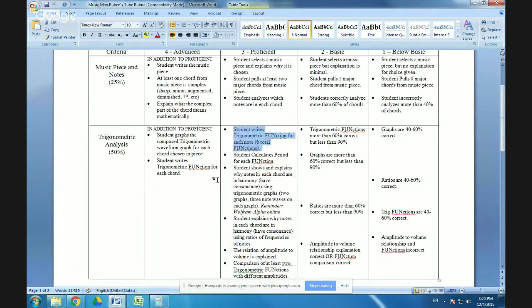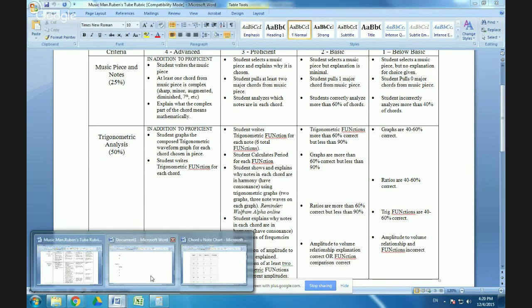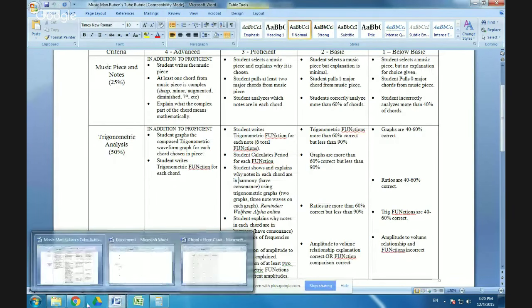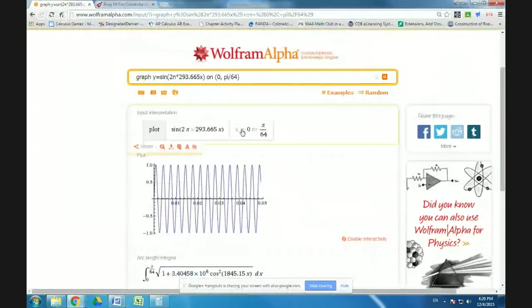If you look at the rubric, we calculated the period. Okay. You need to show and explain why the notes in each chord are in harmony. Okay. So I haven't shown you that in class yet, but I'm going to show it to you now. You have to have an equation for each